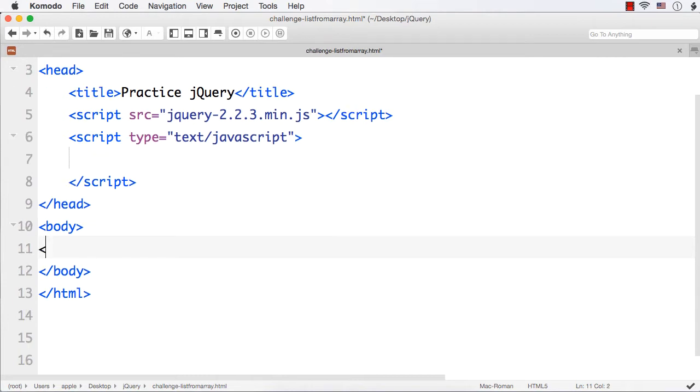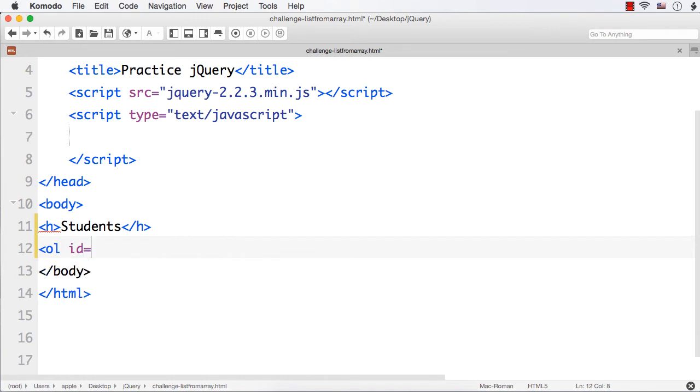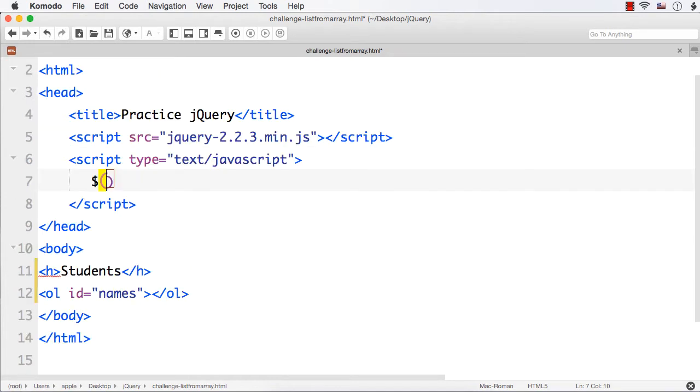So for that, let me first add a heading and let it be students. Next, I am going to add an ordered list with ID names. So we will add the items to this ordered list. Now, within this, we need to write the document.ready event. So $(document).ready. Within this function, open and close parenthesis, open and close curly braces, and we need to write our code